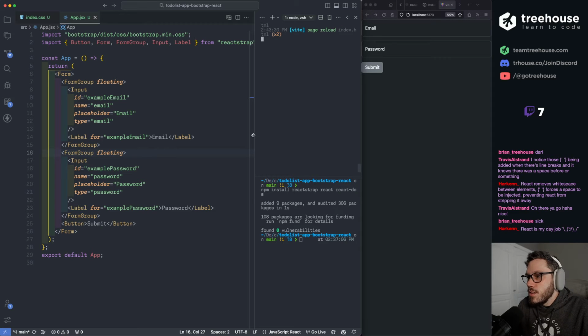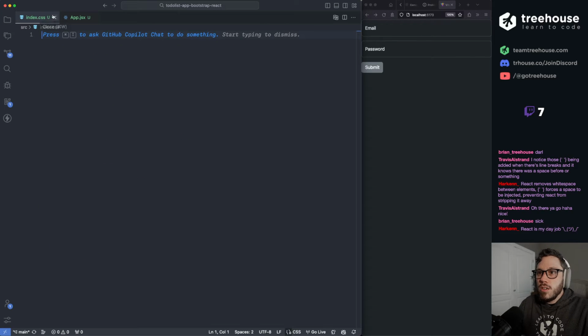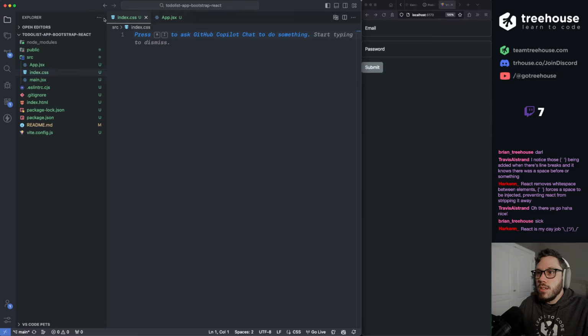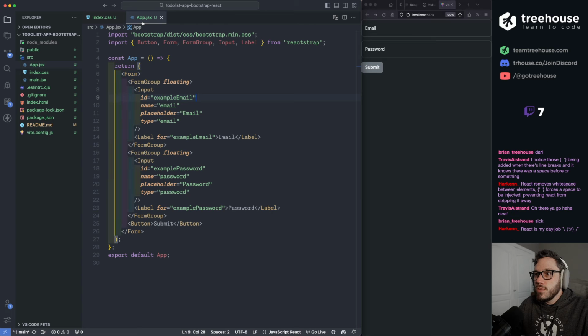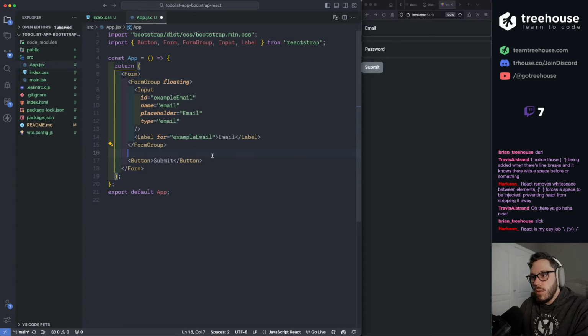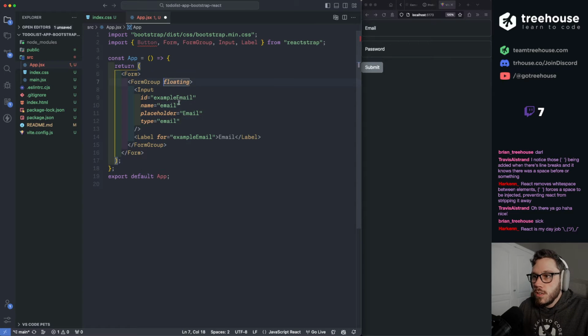All right, let's close off this because I'm not going to need that anymore. Also, I'm probably going to want this open. All right, let's get started building this. We don't need all this stuff for sure. So let's delete this, and we can delete the button. We don't need the button either. So we have our form group.